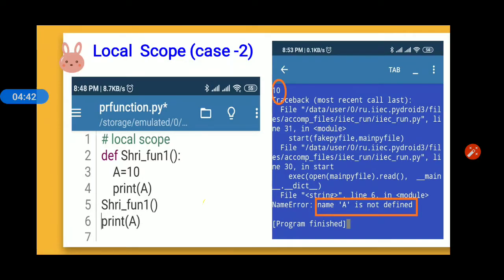That is why line number 6 will print nothing, whereas it will generate a NameError: name a is not defined. So it's clear here that if you want to access a local variable outside the function, you will not be able to do this.